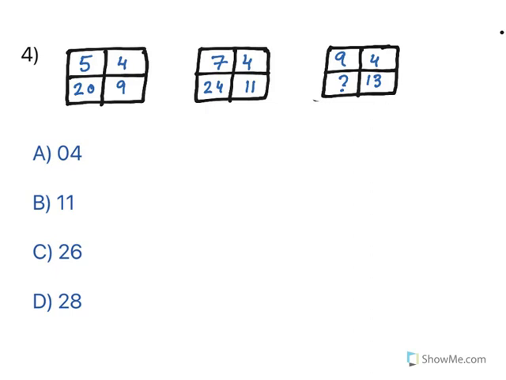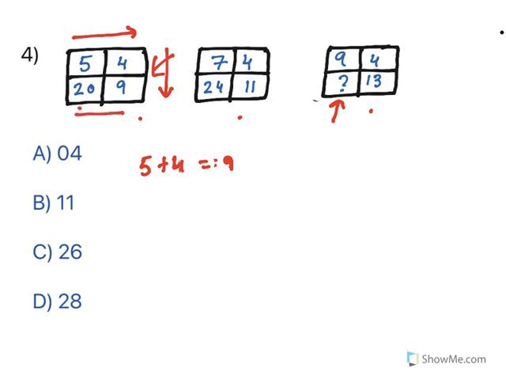Now this is an interesting one. Look at this. There are 3 blocks given. In 2 blocks, every block is filled with a digit. At the last one, you need to find out what this question mark is. In order to do this, we need to find out the relationship in these boxes. The top one: 5, 4, 9. 5 plus 4 is nothing but 9. So what do you understand? The horizontal one, when it is coming down, is the sum of the top two.